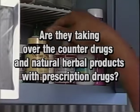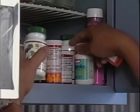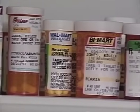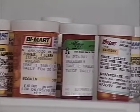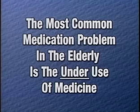Are they taking over-the-counter drugs and natural herbal products with prescription medications? Are they being treated by more than one physician, and do they use more than one pharmacy? There is a greater risk for medication problems when they see several doctors and pharmacies at the same time. Do they have financial problems? The most common medication problem in the elderly is the underuse of medicine. They may fail to refill the prescription, use outdated drugs, or take less than is prescribed in order to save